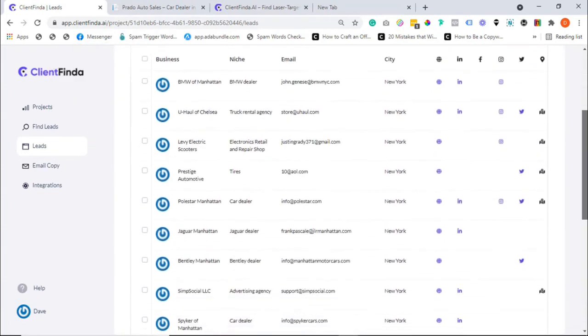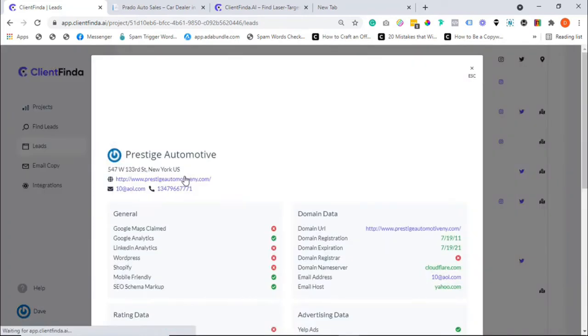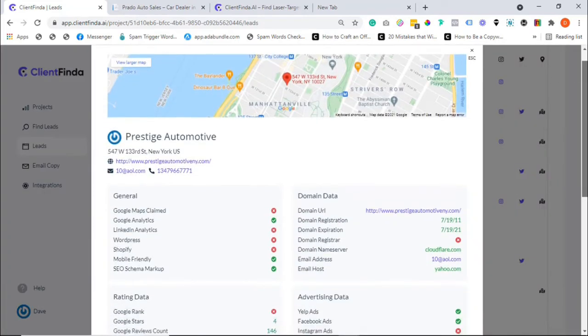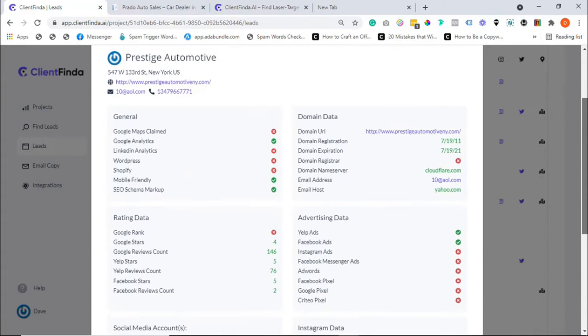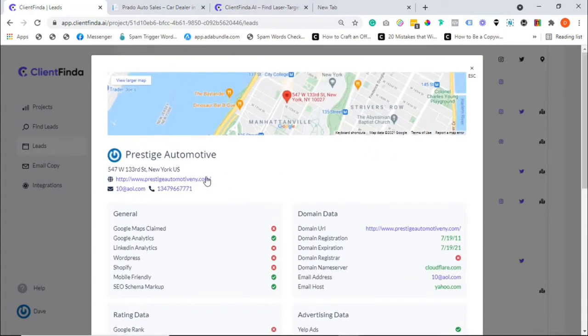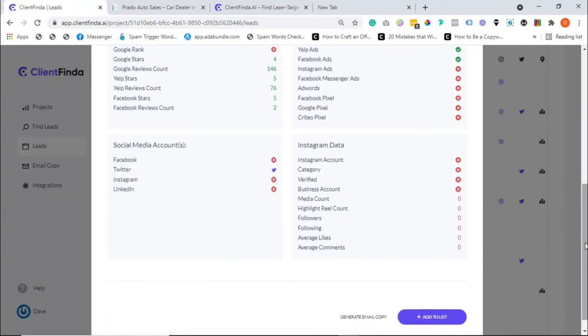Step 2. View results of businesses that are most likely to buy your services. As you can see, a lot of data has been pulled up about each of the leads generated. Now, these are super relevant information that'll help you properly craft and optimize your offer to fit your client's specific needs. Imagine knowing more about a client's problem than the client himself? Selling and closing will be a breeze. As you can see, you can tell clients that have a website from those that don't. You can even view the website to learn more about the client's business or review the site for possible optimization recommendations. You get the prospect's email address and phone number, detailed advertising data about your lead, and other key information as you can see right here.